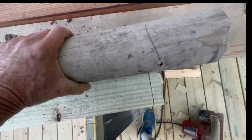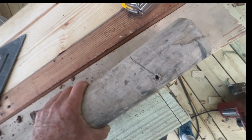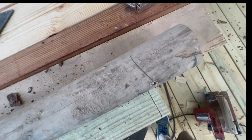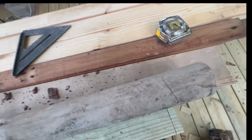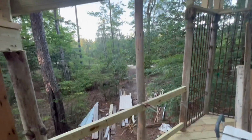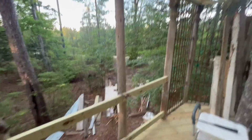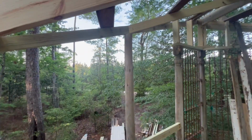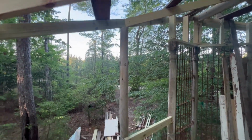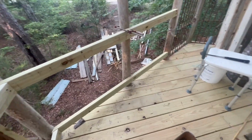So this is my mark. That's the bottom of the rafter, and the other side's already kind of jacked up because I had it notched the first go around. So I'm just going to cut it off all the way, and we'll just screw it into the bottom of the rafter. All right, not too bad. Not too bad at all. I remembered my clamp this time, although I don't really need it because it's kind of tapped into place, and so lifted up that barge rafter just a scunch. So we're going to screw the bejeebies out of it, and then